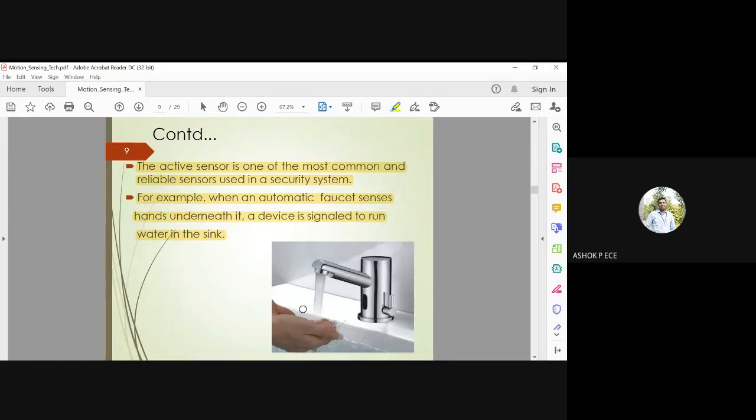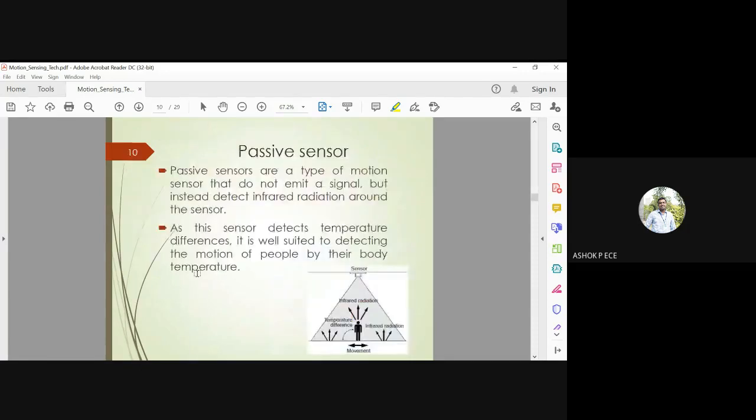A simple application is the automatic wash basin used in hotels, which operates based on infrared. Usually you have an IR sensor. When the IR sensor emits light and there is no hand, it will naturally travel downwards and not be observed. But when you have a hand in between, the light gets reflected from the hand and goes back. You have a detector here to see the presence of the human hand, and the water is turned on. So it's a simple IR sensor based application that we have in real time. That is an active sensor.